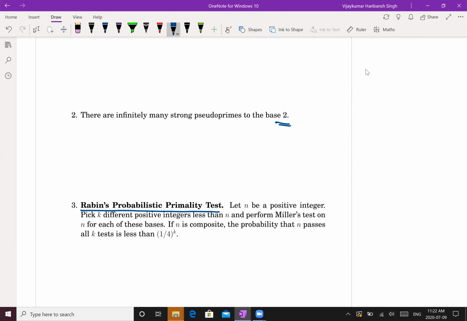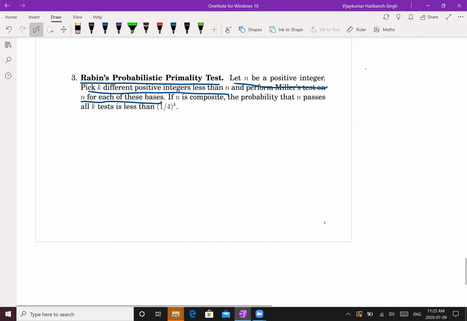So what you do is the following. Suppose n is a positive integer. You pick k different integers less than n and perform Miller's test for each of these bases. And if n is composite but still passes, the probability of that happening is 1 over 4 to the power k. So this Rabin's test is a probabilistic algorithm. The latest algorithm for primality is called AKS,